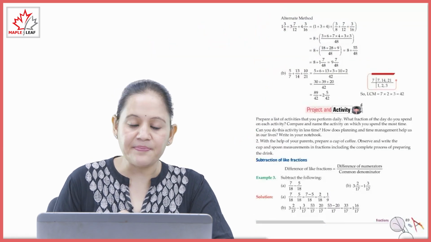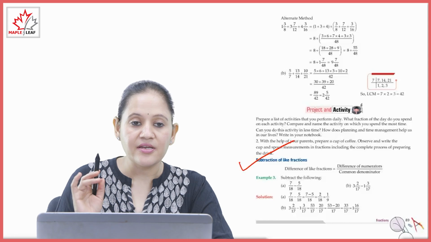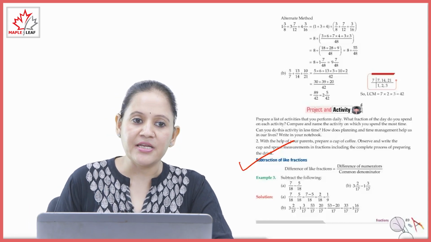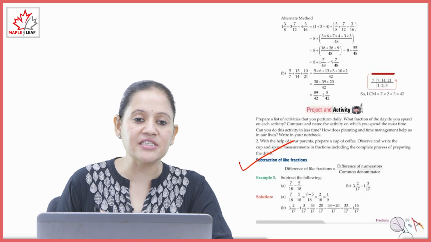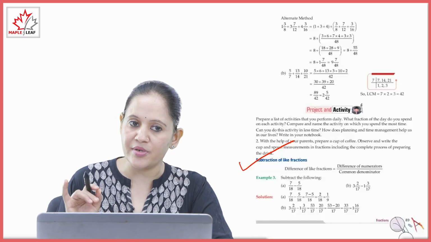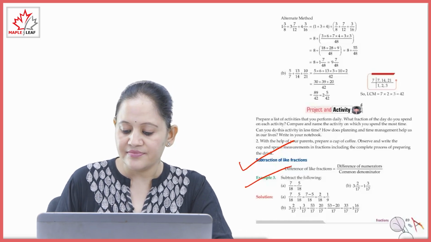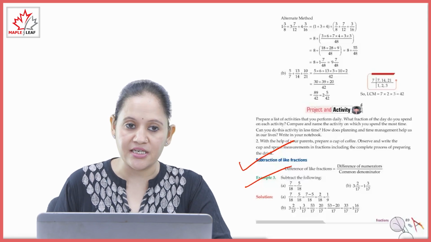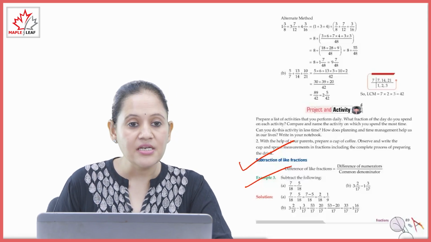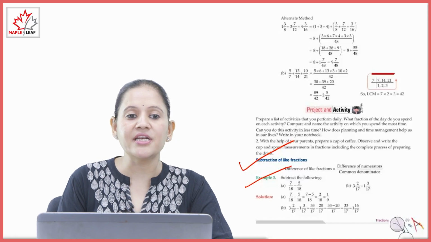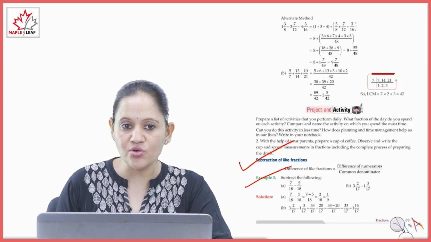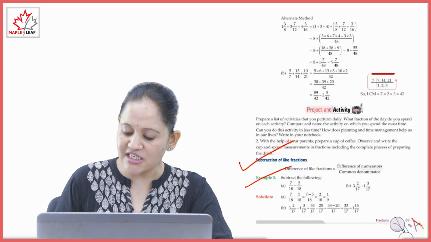Next is subtraction of like fraction. We have done addition, now we'll do the subtraction. So in case of like fraction, the difference of like fraction that is difference of numerator upon common denominator. Example लेते हैं. Subtract the following. 7 upon 18 minus 5 upon 18. Now simply हम क्या करेंगे, जो numerator है उसको subtract करेंगे 7 minus 5 upon 18. So that is equals to 2 by 18. Lowest में change करेंगे 1 by 9.